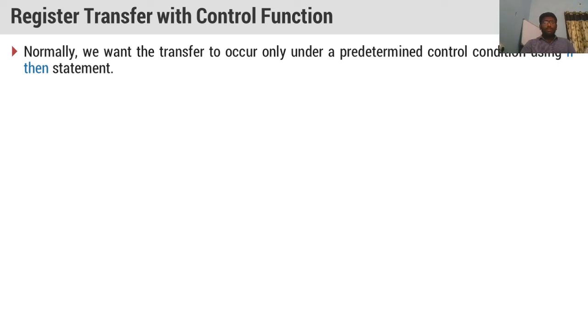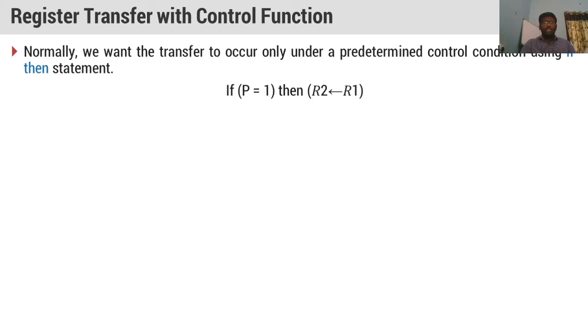I have told you, there are two units in the processor. One is the ALU, the other one is the control unit. Without the control signals sent by the control unit, if the control unit doesn't send any signal to the ALU, then the ALU will not perform any operation. Suppose you see this example, to transfer the data from R1 to R2, here the control unit must place a control signal.